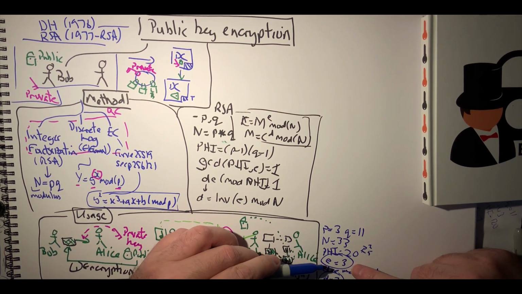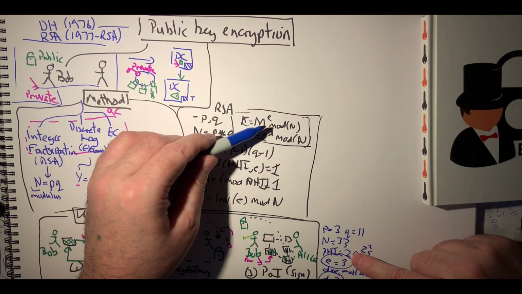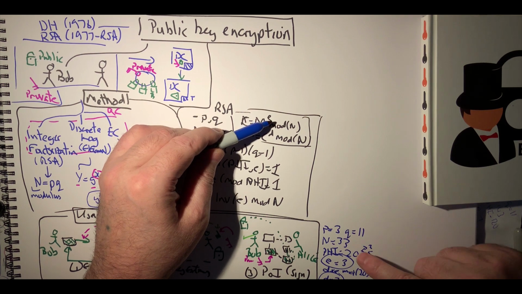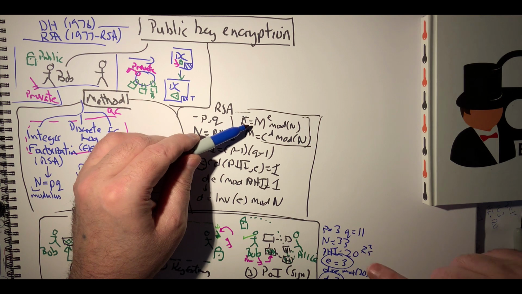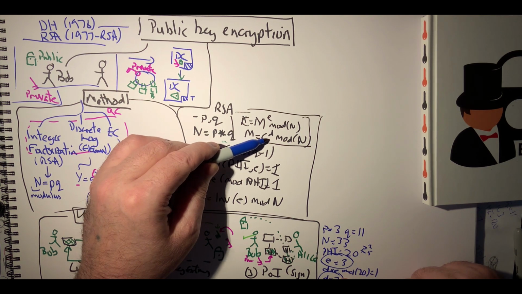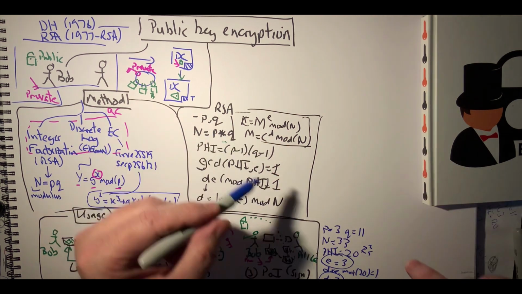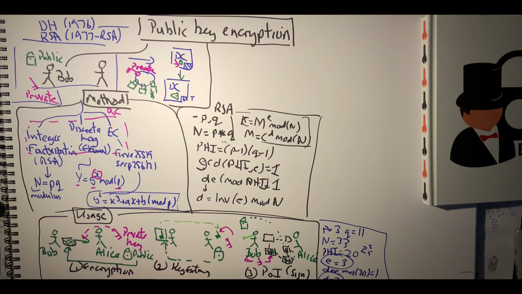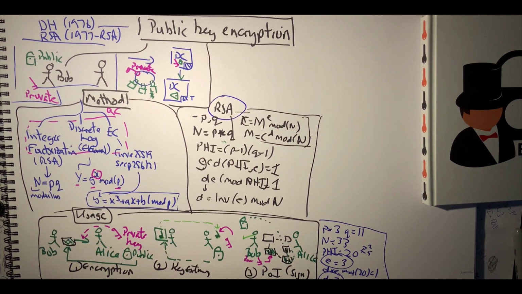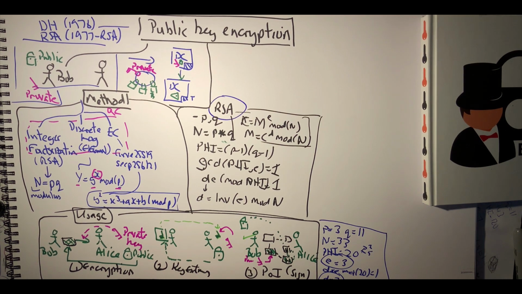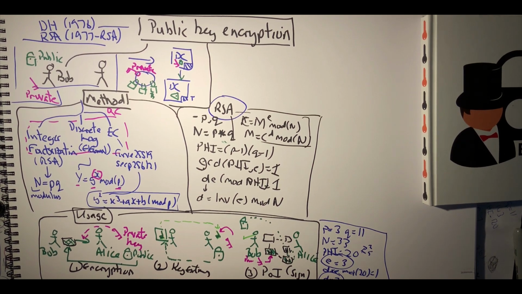So when we take our message and raise it to the power of 3, then take mod 33, that gives us our cipher. We then take that cipher and raise it to the power of 7, then take mod 33, and we will get our message back again. And this is the power of the RSA algorithm. It's still highly relevant these days, but the computing power that we need is actually quite large.